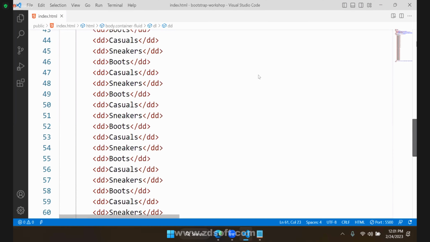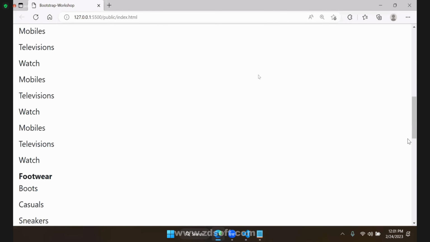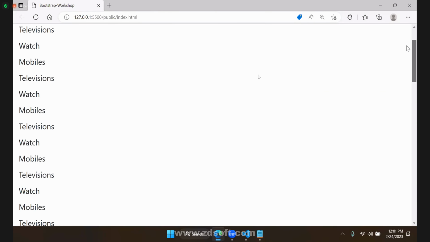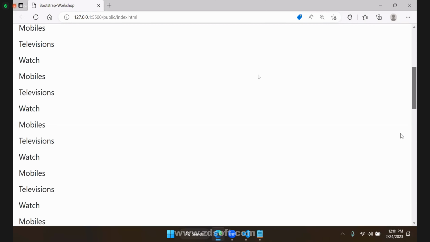I will change the height for this. Okay. Now you can see a lot of content is there. I can scroll. This is footwear. This is electronics. Generally, if a lot of such categories are present,